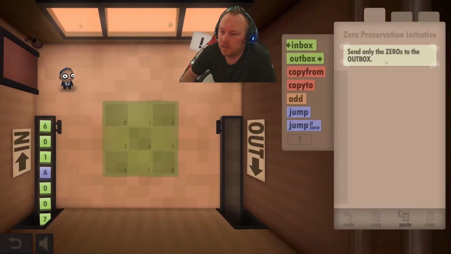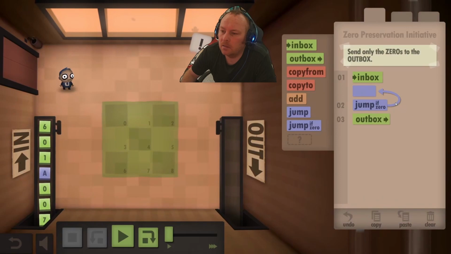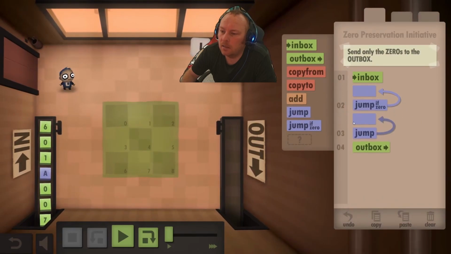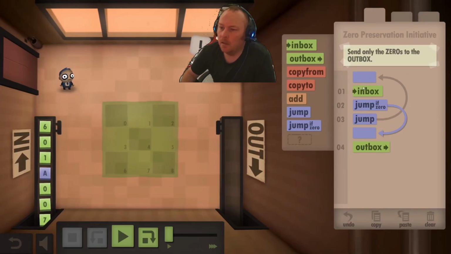Okay, send only the zeros to the outbox. So this is identical to the last one, except just how I want to jump is going to be slightly different. So if it is 0, then I want to go to the outbox. But if it's not 0, okay, so this is a little weird the way I did my jumps, but basically